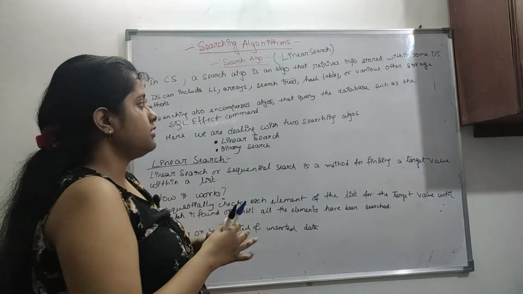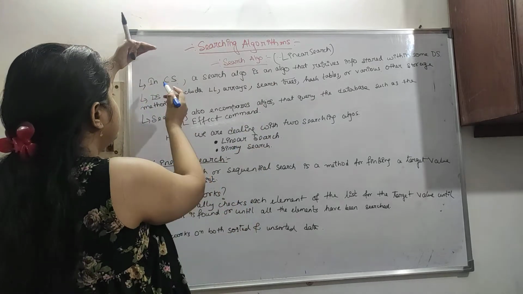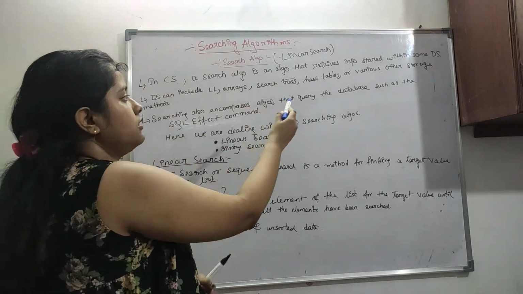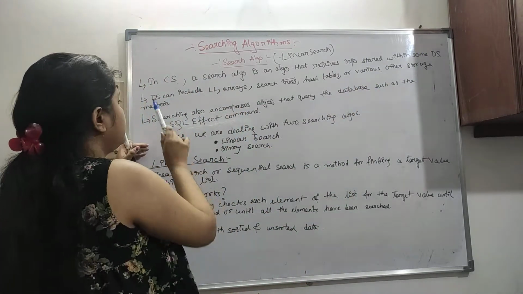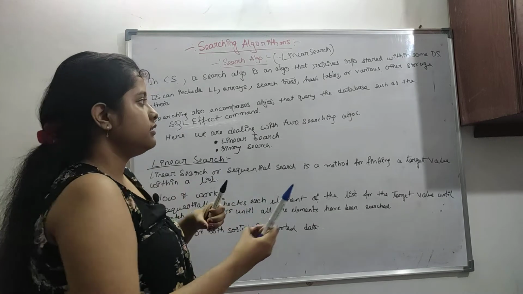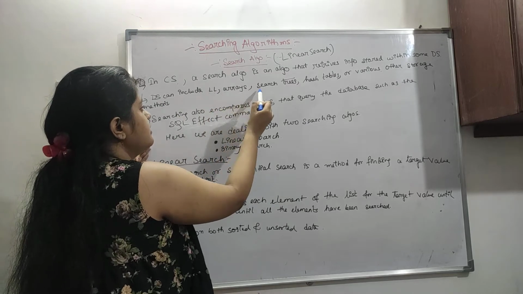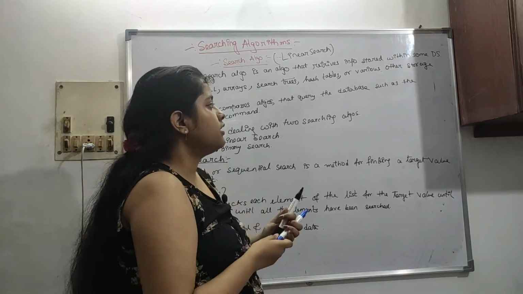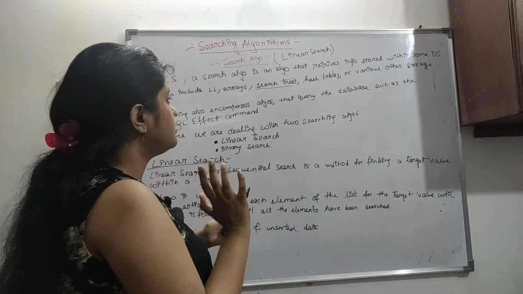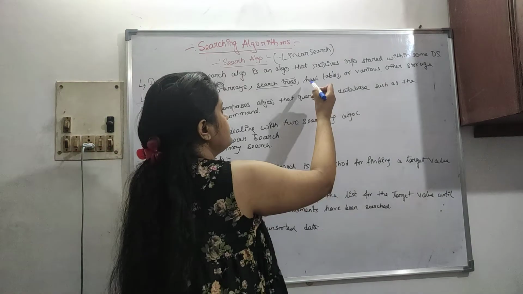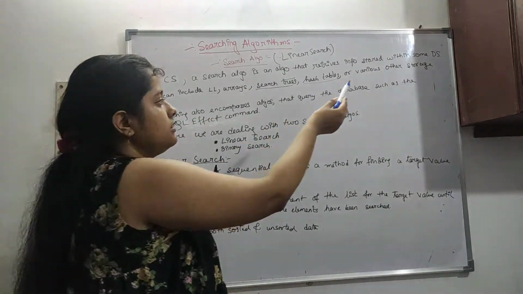So now let's see searching algorithms. In computer science, a search algorithm is an algorithm that retrieves information stored within some data structure, the target data structure. Data structures can include linked lists, arrays, search trees, which we will do in compiler season, so for now just skip this. Hash tables we have already seen in data structures, and various other storage methods.